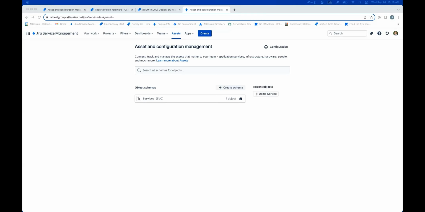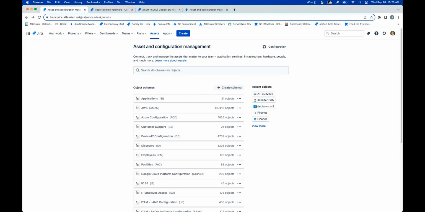For the folks that don't have any experience, we're going to start very high level, and I'll ask team members and participants that have a little bit more context and experience to bear with me as we go through it. Start off with the asset functionality. So you can see the capabilities where the assets really bring a lot of power to the Jira platform. And at Atlassian, the highest volume for our tickets at our service desk are related to laptops. So that's a terrific area for us to start with. So we're going to start with laptops.